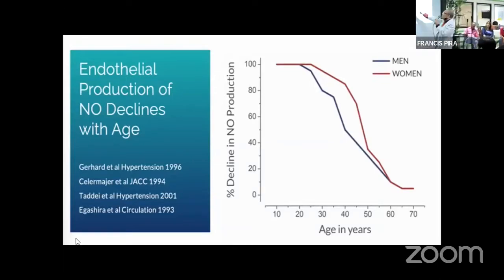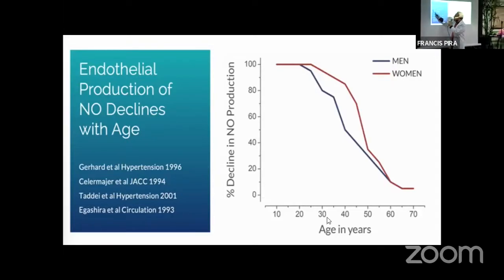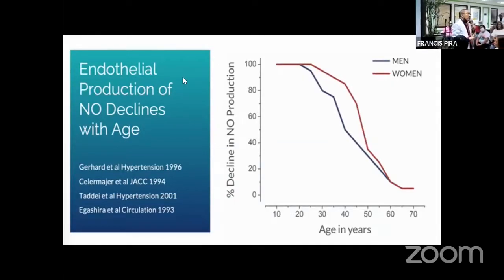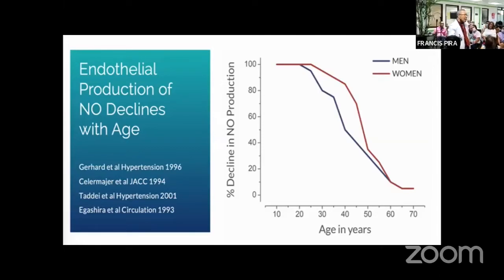So, endothelial production: the endothelium lining of the blood vessel is what produces the nitric oxide. Why do we need flavonols? Because as we age, there is a great reduction of nitric oxide. The younger you are, the more. That's why you rarely find hypertension, only rarely in children. Why? Because children or infants are still very young and their endothelium is very healthy, so they are easily able to produce nitric oxide that will keep their blood vessels very healthy.